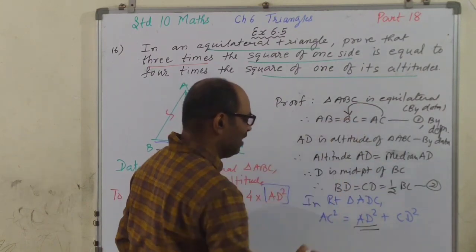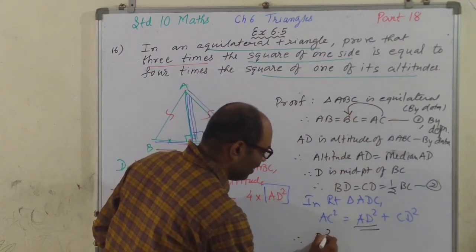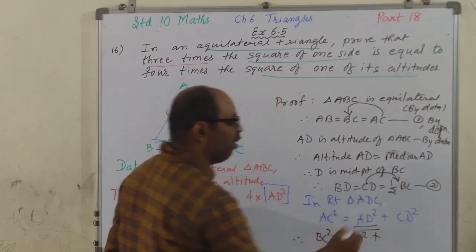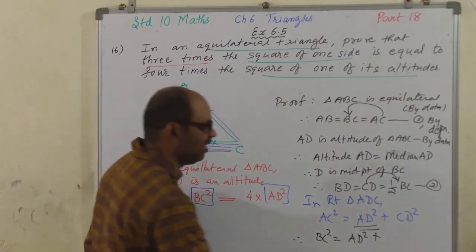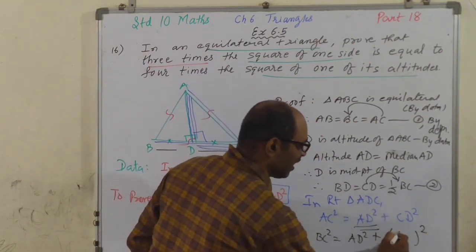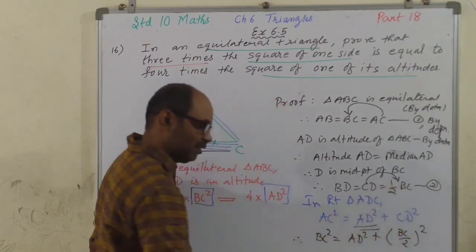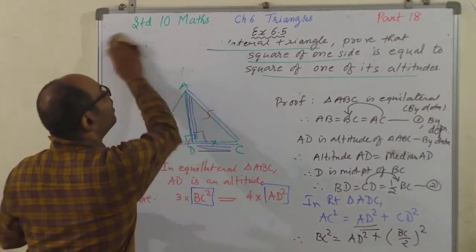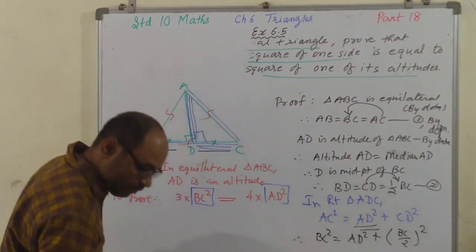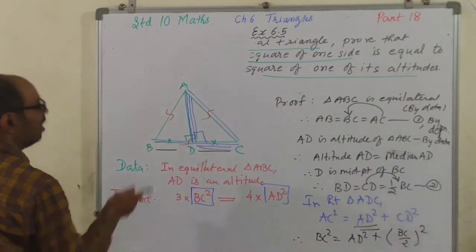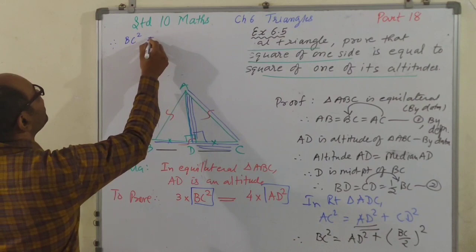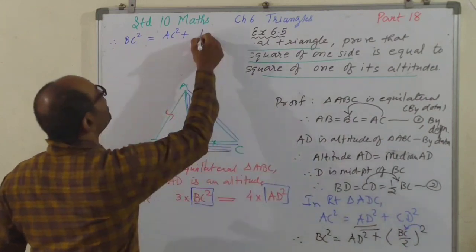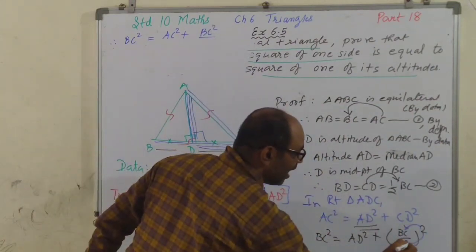AC is equal to BC by 1. So AC square will be BC square. This is AD square, and CD is equal to half of BC. So CD square, I can write BC upon 2, squared. Half of BC means BC upon 2. Correct? Alright. Therefore, BC square is equal to AD square plus square of BC, which is BC square, and interesting, square of 2